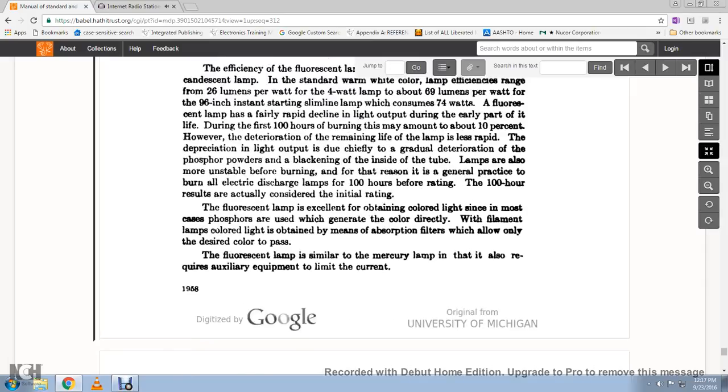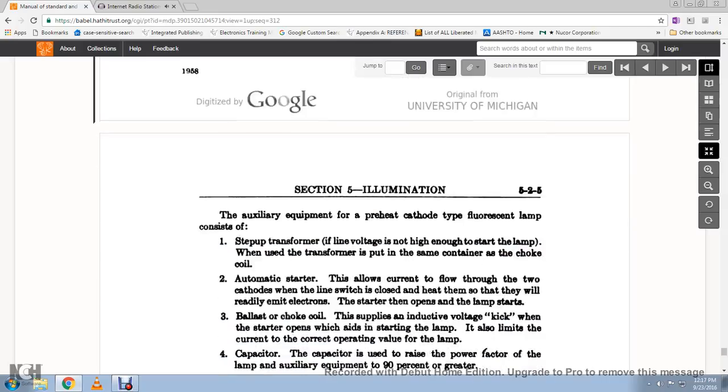The fluorescent lamp is excellent for obtaining color in light, since in most cases the fluorescent lamp is used to generate the color directly. With the filament lamp, colored light is obtained by means of absorption filters, which allow the desired color to pass through. Fluorescent lights are similar to mercury lamps in that they also require auxiliary equipment